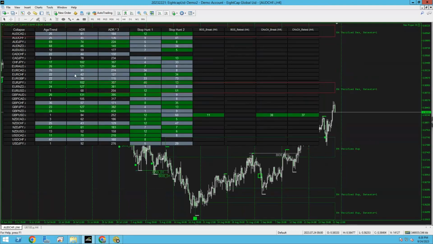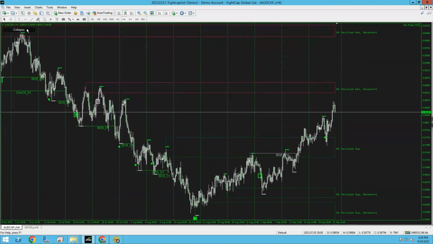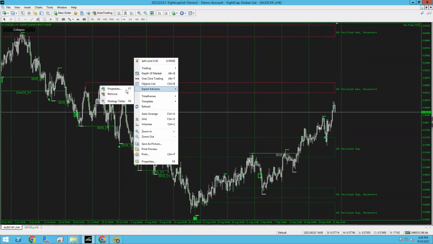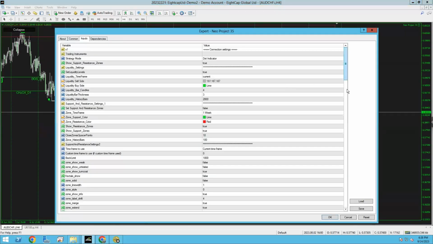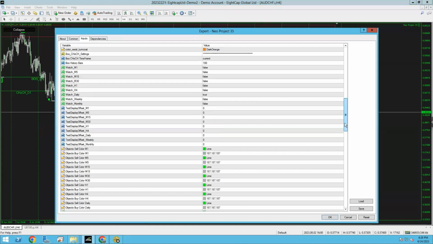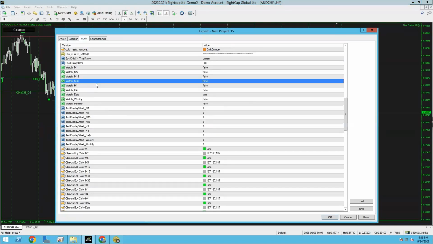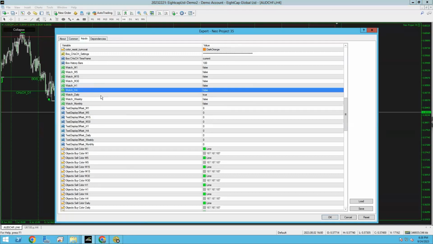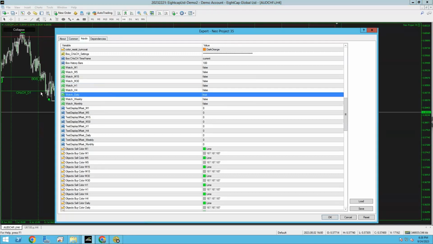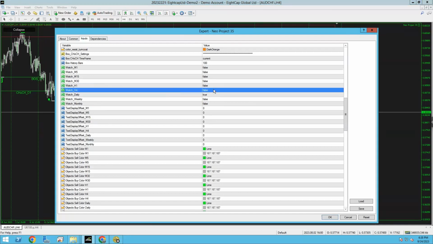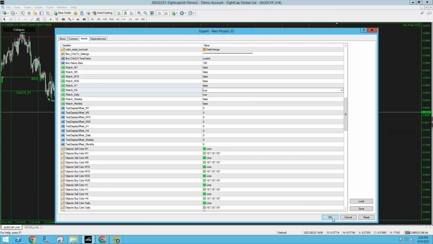Now we're going to go down to the 4-hour chart. This is what we're trading off of. We're only trading off the 4-hour chart. We've also got our daily breaks of structure set on. So anyone that doesn't know about Neo, if we go over to expert advisors and you scroll down, Neo, the last update that was added to Neo, you have a multi-time frame break of structure display that you can now see on Neo. So if I'm on the 4-hour chart, I can see a higher time frame structure, or I can also see the 4-hour chart structure, just to show anyone that's in here that's new.